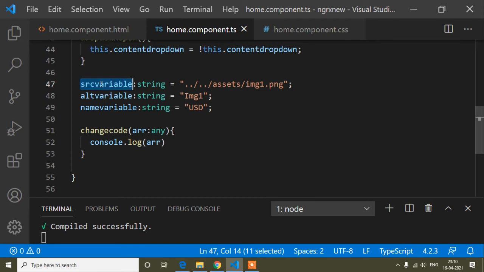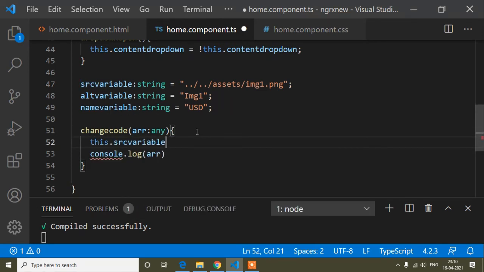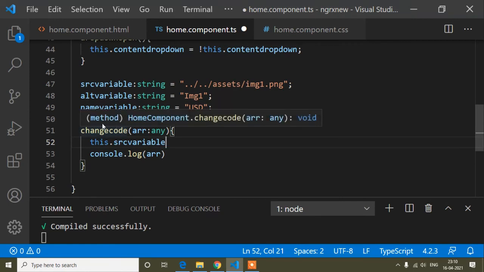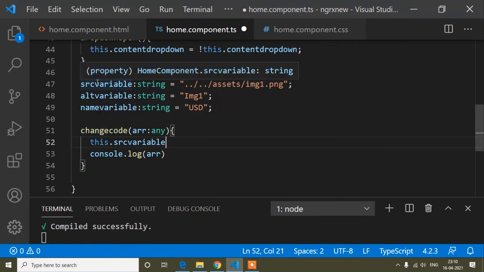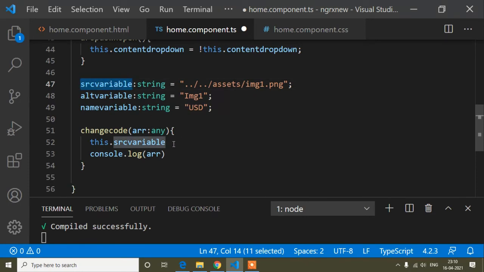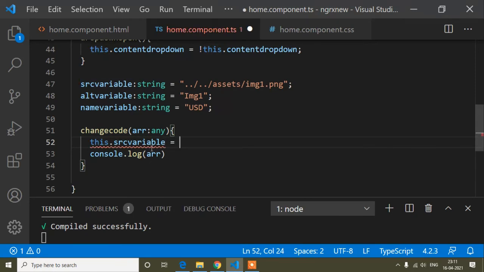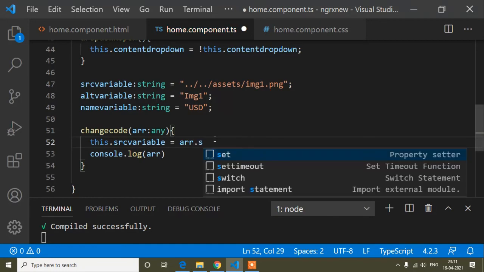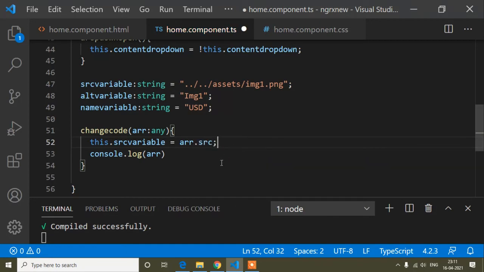So first of all here, this dot this, I told you when we use this, when we want to access the global variable. So now here this one is a global variable, and I'm trying to access inside this function, so I have added this. So this dot here, and here I will write arr dot source,